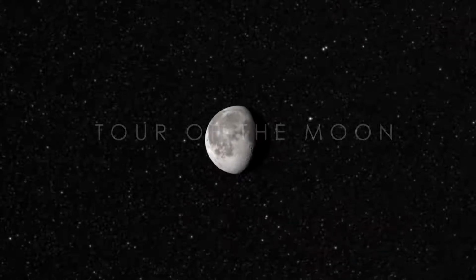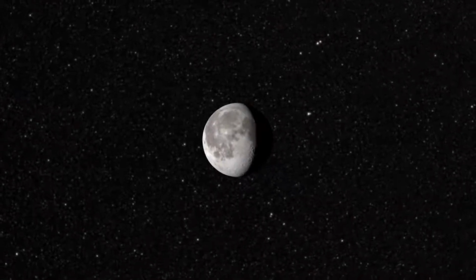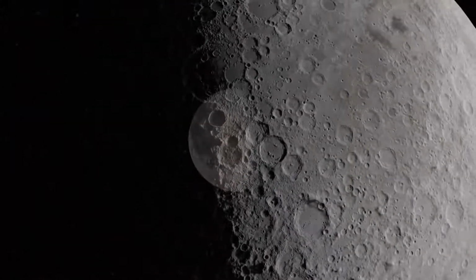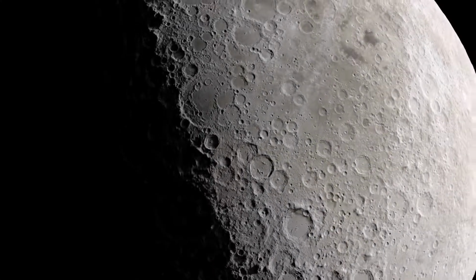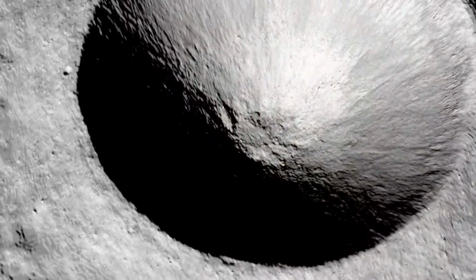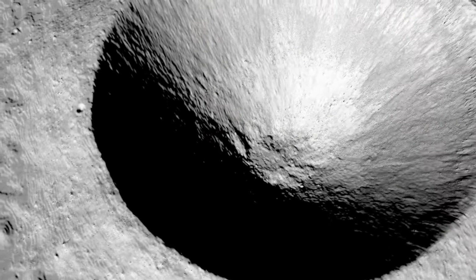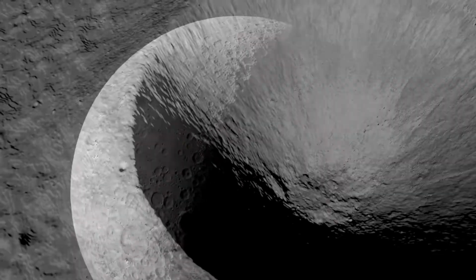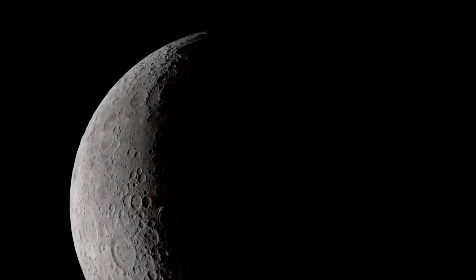the Moon appears to be a sterile, gray, unchanging world. But while the Moon has remained largely unchanged during human history, our own understanding of it has evolved dramatically. Thanks to new observations, we now have not only unprecedented views of its surface, but a whole new tour of the Moon that shows how both it and other rocky planets in our solar system have been shaped over billions